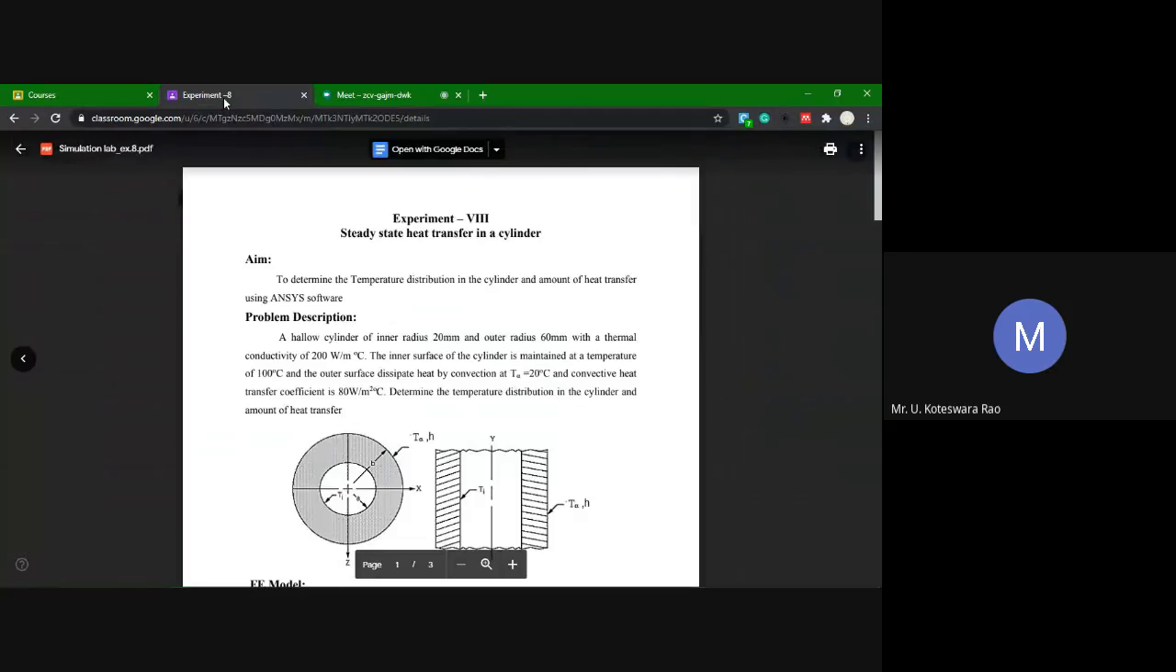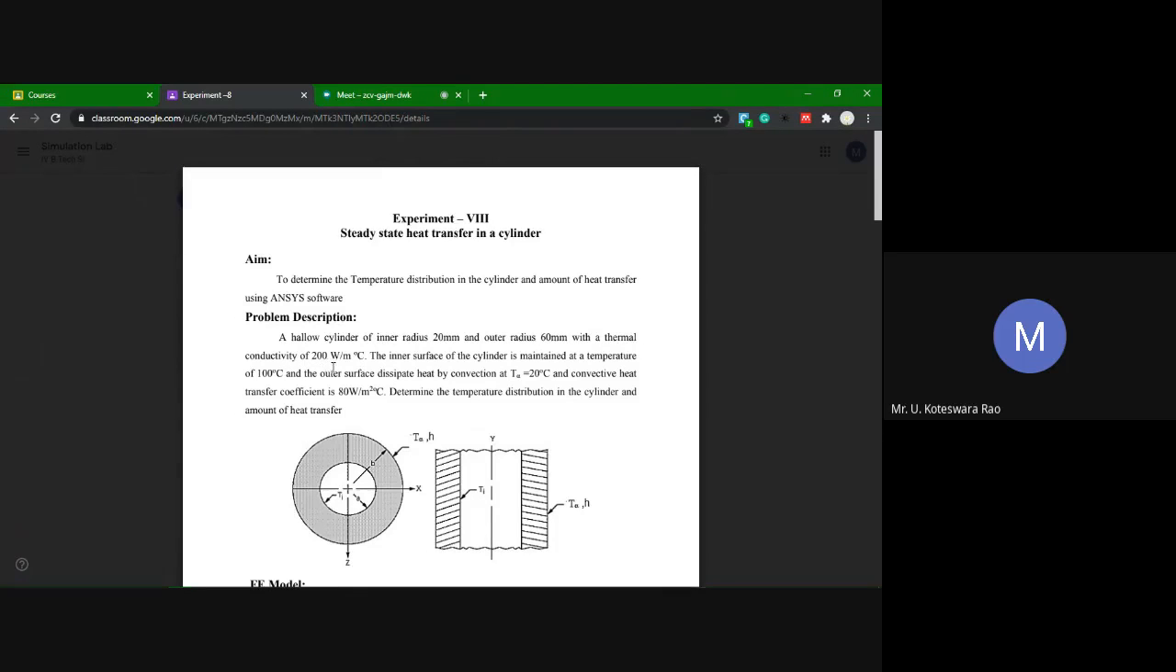Today we'll take up the eighth experiment, which is steady state heat transfer in a cylinder. So here the question is a hollow cylinder of inner radius 20 mm and outer radius 60 mm with thermal conductivity of 200 watt per meter degree centigrade, and the inner surface of the cylinder is maintained at a temperature of 100 degrees centigrade, and the outer surface